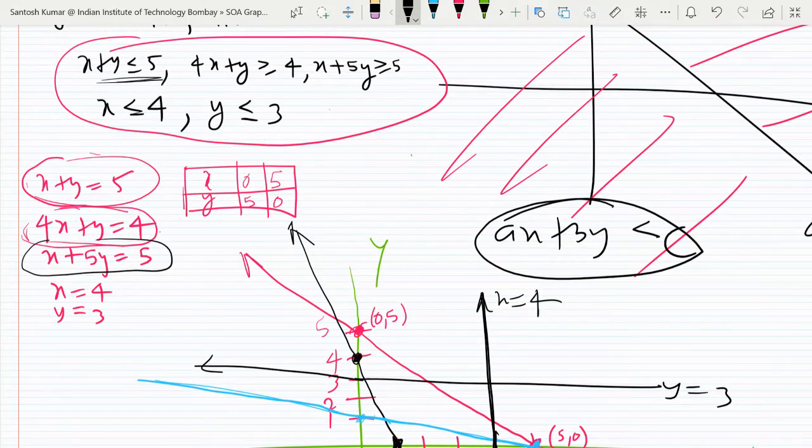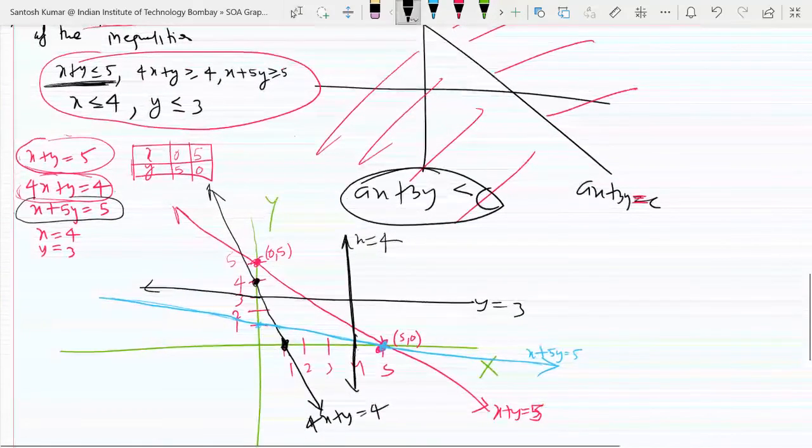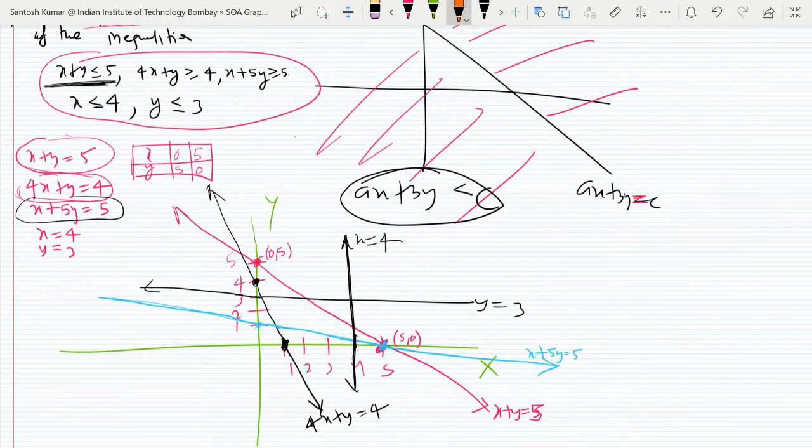Since coefficients are positive, x plus y less than or equal to 5 will be which side? Look what I'm trying to convey. For the line x plus y equal to 5, the lower part is x plus y less than or equal to 5. So how do you decide? You just take one point, like you must be knowing the testing point. It will be either the upper half or lower half of the line. You take any one point from either half of your choice. You know which one is your favorite; according to that you can choose.